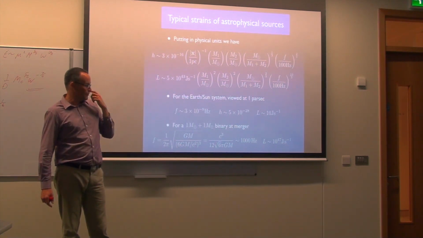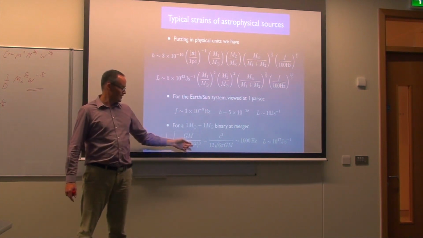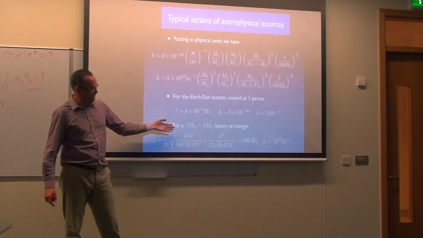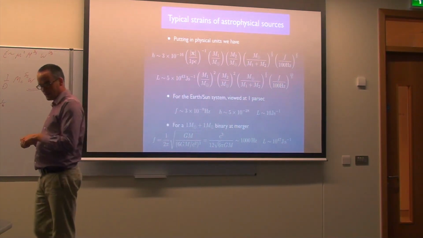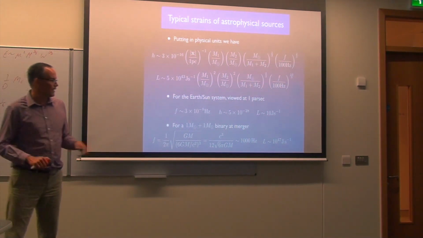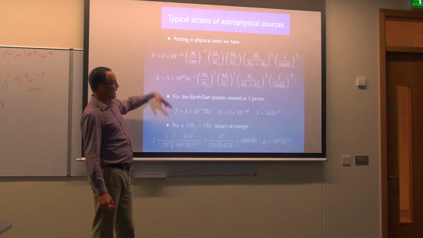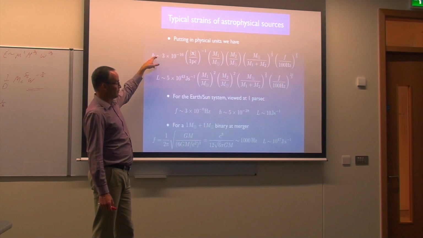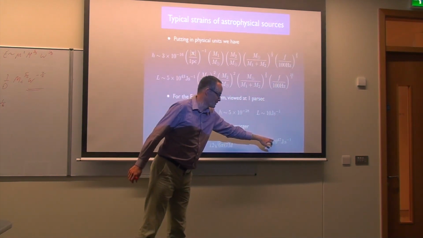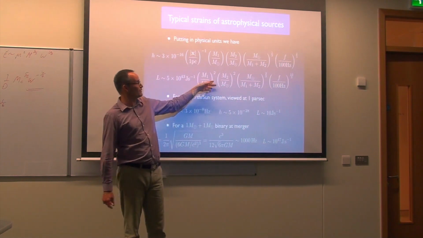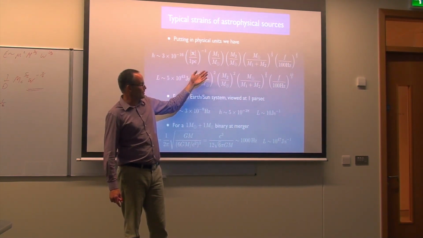And so if you work out what the frequency corresponding to 6 GM over c squared is, that's about 1,000 hertz for a 1 + 1 solar mass binary. And if you set the frequency equal to 1,000 hertz, then this luminosity goes up to 10 to the 50 watts. So, as I said, you get a factor of 900 squared, so almost 10 to the 6,